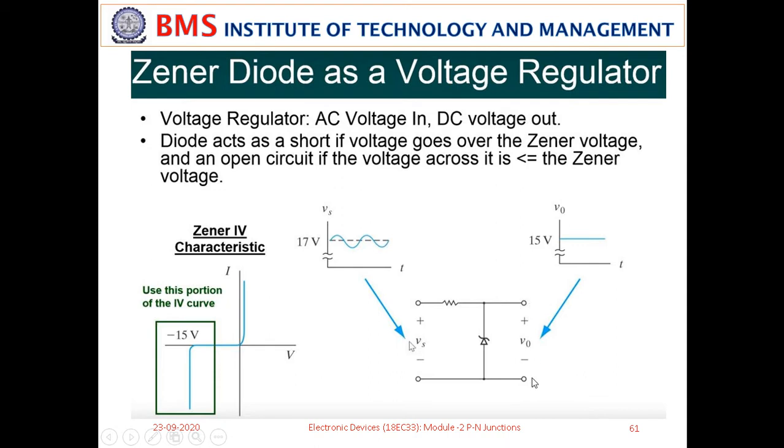The output is measured across this Zener diode, in parallel to it. Across the output, the Zener voltage is maintained. Whenever the voltage here becomes less, the Zener voltage is still maintained, so it regulates the output voltage. If you are using devices like a laptop or an iPhone while charging, you don't expect the output to fall even though the input source may see ups and downs. In such a case you need a Zener diode as a voltage regulator. What is the function of this Zener diode?